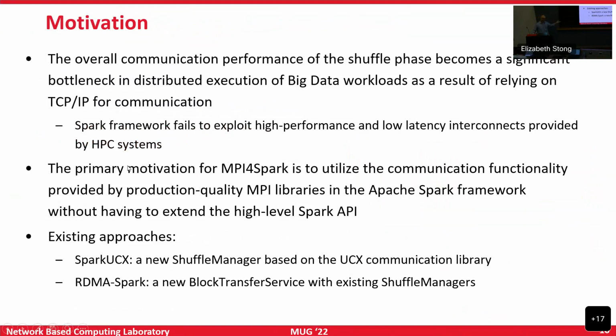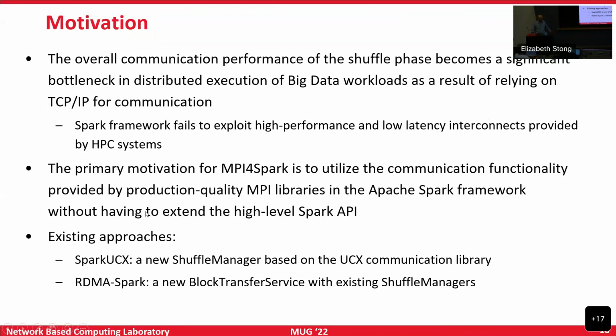If you go on a lot of HPC systems today, take any supercomputing center, try and use Spark, you will definitely be able to use Spark, but it will be communicating using sockets, right? These low latency and high performance networks are already deployed there. So we should be able to somehow utilize them. And obviously our goal is that we want to utilize MPI functionality.